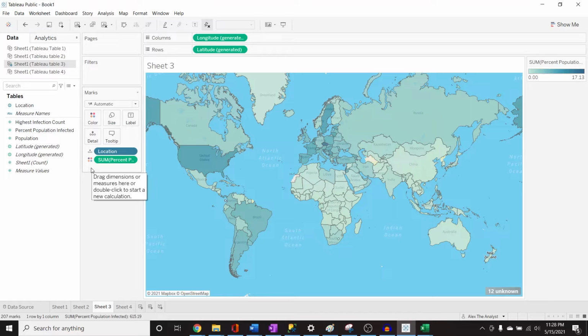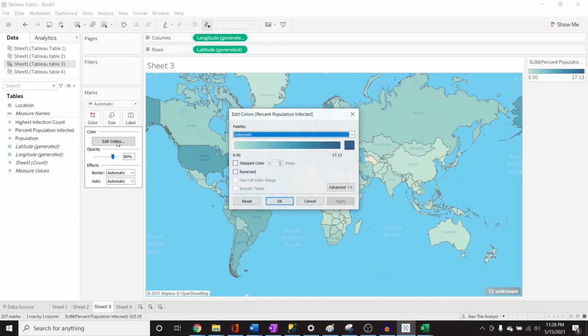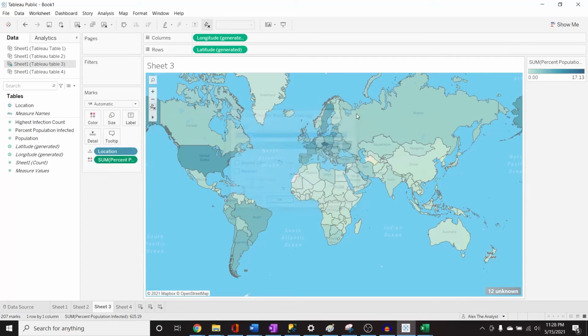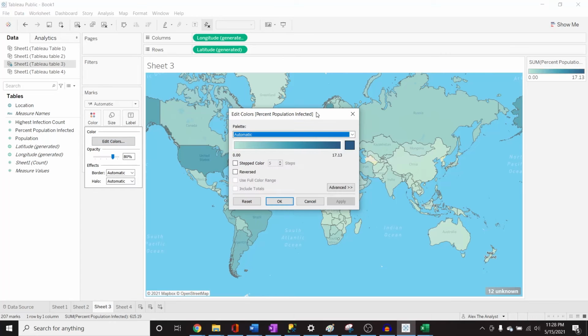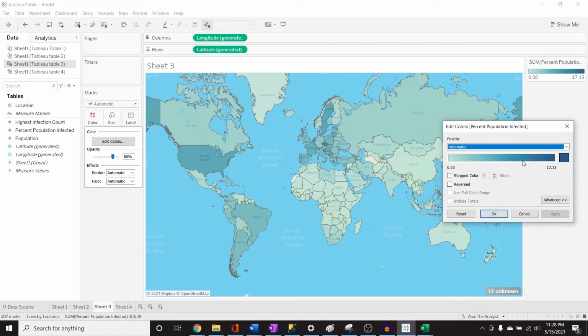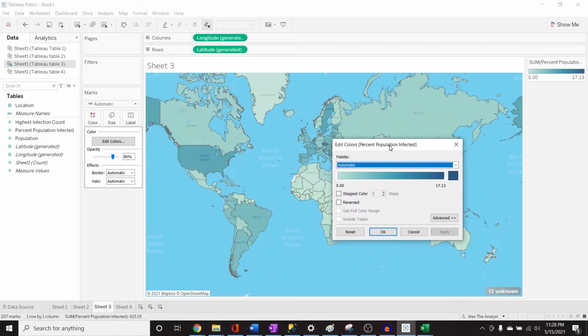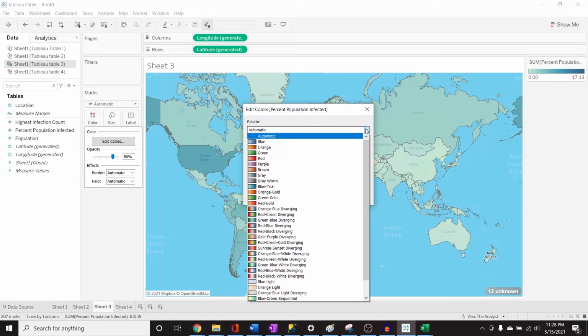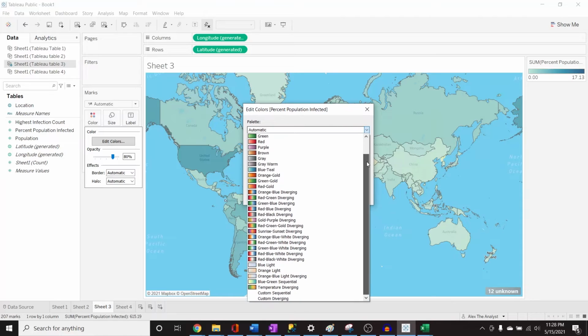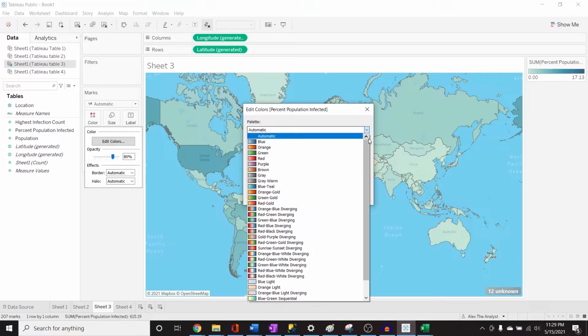Now, these colors aren't to my taste. As you can see over here, we have this legend, and we'll get to that in a second. But I personally like a little bit different colors, and we can change that by going to color, clicking on that, and going edit colors. Let me pull it back. I personally like reds, oranges, for these kind of things, at least the infection rates, because